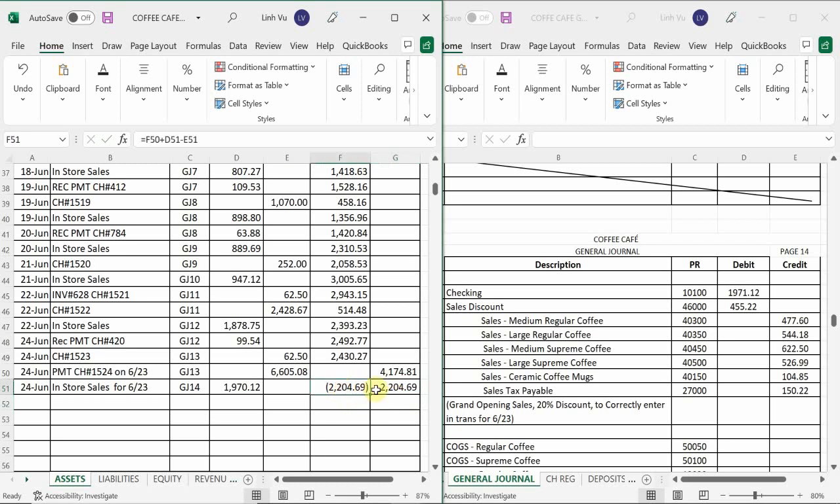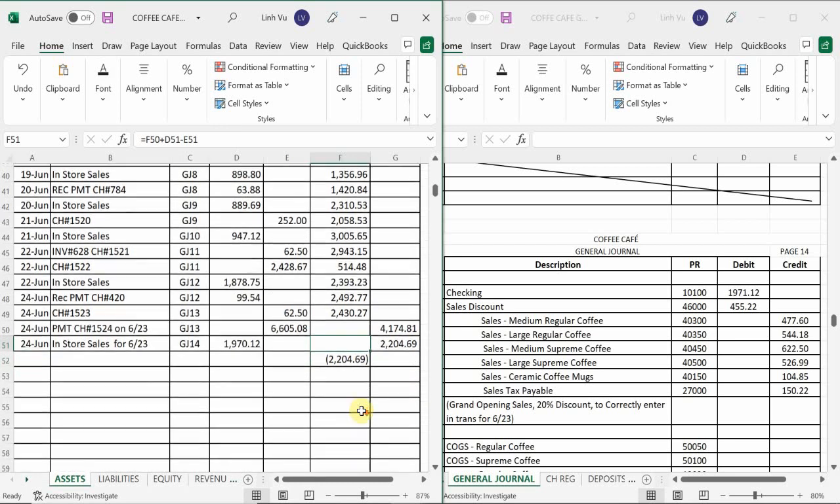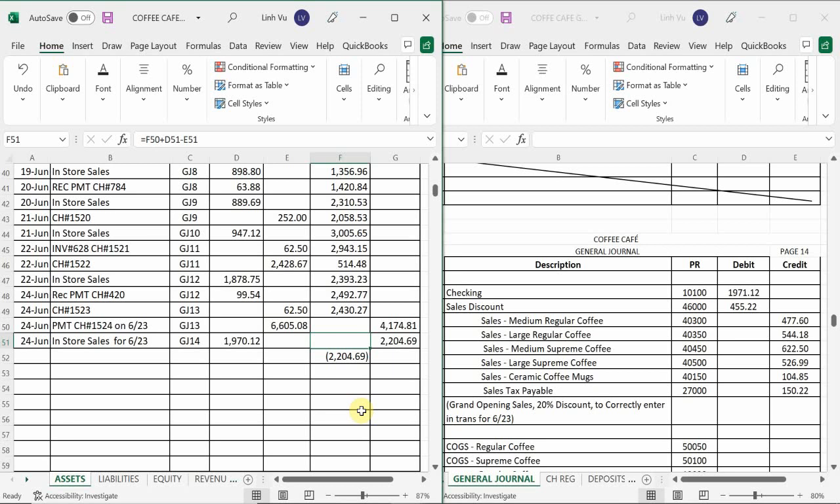$2,204.69. Once again, I'm going to keep pulling this down just because I want to keep my formula there. And I'm going to go ahead and hide this value here because we're looking at the credit side. We don't need to put a negative debit, that makes no sense. So we got negative $2,204.69 in the bank, supposedly. We've got to do